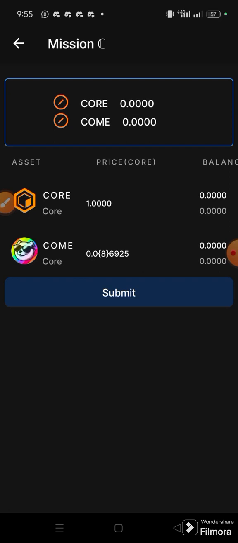I'm going to transfer some core to this person's account, swap it for some com, and then see whether this same issue persists. You might not be able to trace it directly from your core, from your OEX app. So to trace it, you are going to copy either your secret phrase or your private key, import this OEX address into MetaMask, and then there is a site you will go to, you connect your MetaMask address, you will be able to see the contract that can make it possible for someone to remove